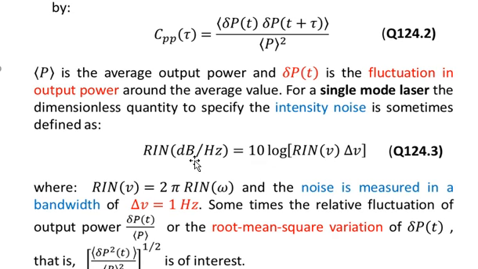So RIN in decibels and hertz is equal to 10 log of RIN of nu multiplied by delta nu. We can also express this in terms of omega and delta omega, but here we express it in terms of a single laser frequency because we have single mode operation. This mode is represented by the frequency nu, which stands for a single longitudinal mode. So the RIN function for a single mode laser is equal to 10 log of RIN of nu multiplied by delta nu,